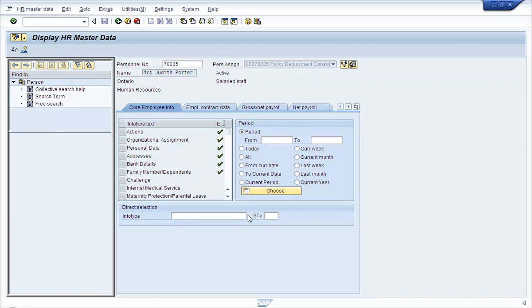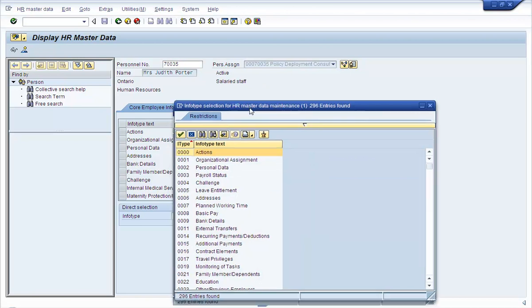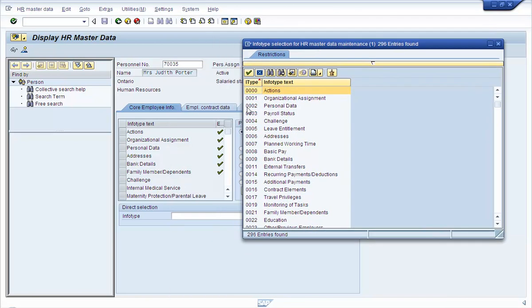So what are those info types? Let's go and check. Actions is 000, org assignment is 001, personal data is 2, addresses is 6, bank details is 9, and family member dependents is 21.